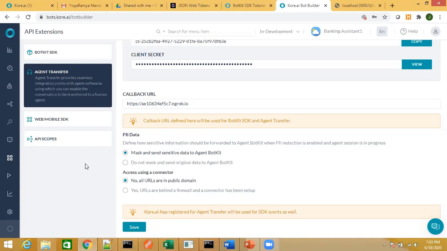If you're building a task on Core AI's platform and you want task identification to take place against the user utterance, you need to train Core AI's NLP engine for that. But this training has been done on an external NLP engine. Now, how can we leverage that NLP engine along with the tasks developed on Core AI's platform? This is a very special use case where clients already have some training done on an external NLP engine. They don't want to replicate that training once again on our platform. So through the BotKit, we allow the clients to integrate the external NLP engine.